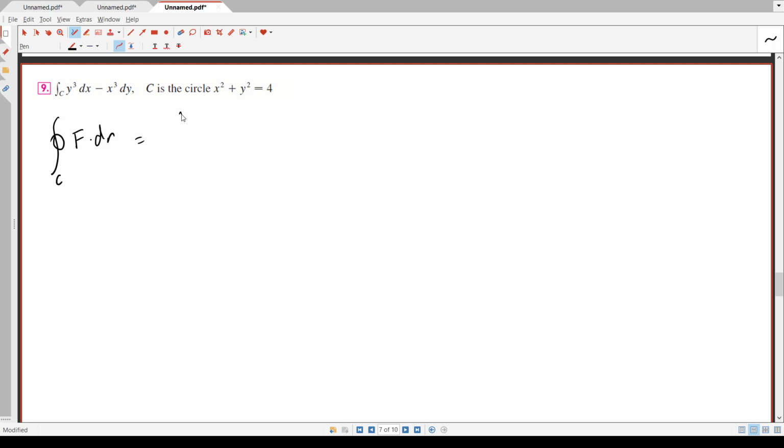So this becomes the double integral of, let's see, dQ/dx minus, wait, yeah, okay, dP/dy. I'll figure out the region in a little bit. So I integrate this, and I get 2 minus 2x squared